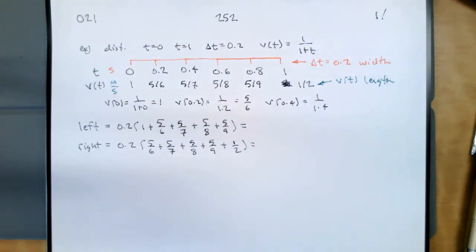Now, if we actually wanted to approximate distance, and we weren't told specifically to evaluate it with 5 rectangles, so a delta t of 0.2, we could just use our calculator and integrate this from 0 to 1. But this is a problem from 5.1, and we haven't learned definite integral technology. But this is Calc 2, and you've seen this technically in Calc 1, so this is kind of a review. So on your calculator,